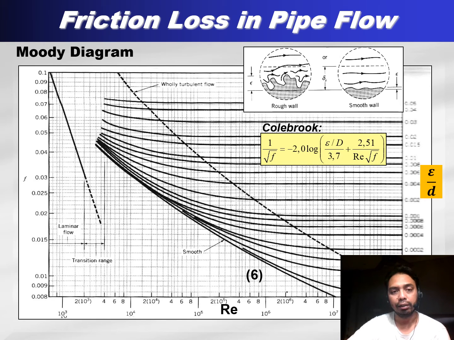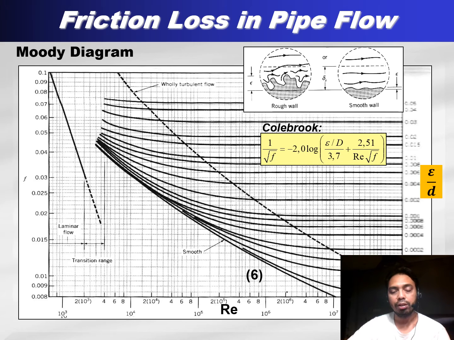The vertical axis on the right is the E over D, where E is the surface roughness and D is the diameter of the pipe. While on the left is the friction factor that we are looking for. So the way we use it is we need to find first the Reynolds number and then pull the line up